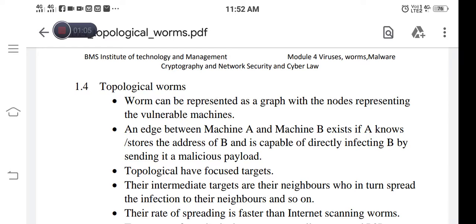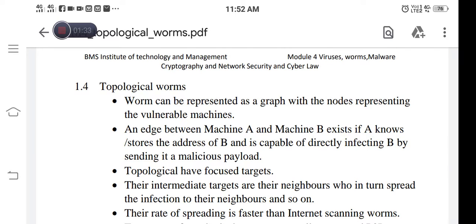Again, topological worms have focused targets. Their intermediate targets are their neighbors, who in turn spread the infection to their neighbors and so on. Initially, as machine A, I will identify all the neighbors to me. Then from those neighbors I will try to fetch some data.